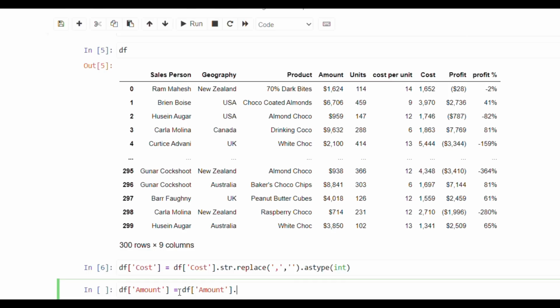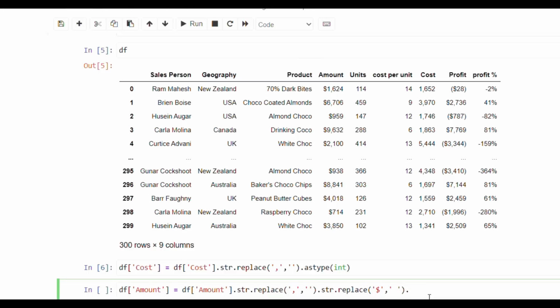I will pass this first command as it is, that I have typed it in cost, but I will pass another method, str. The method is the same, but I will also enter the dollar value inside that, because we know that there is a dollar character in the amount column. So I will simply write dollar here, and then I will write comma, and I will give a space as well,